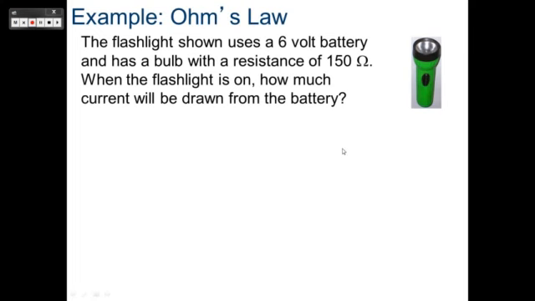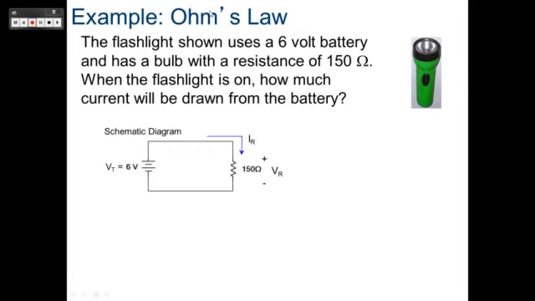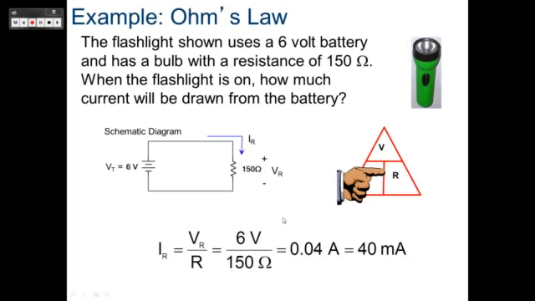An example of Ohm's law: we have a flashlight that has a 6-volt battery and a resistance of 150 ohms. I want to know how much current will be drawn when I turn on the flashlight. So if I'm looking for current, first of all, here's my schematic diagram. I'm looking for current, which is my I sub R. So I cover up my I, so I have V divided by R. So 6 volts divided by 150 ohms gives me 0.04 amps, and when I convert that to SI notation, it's